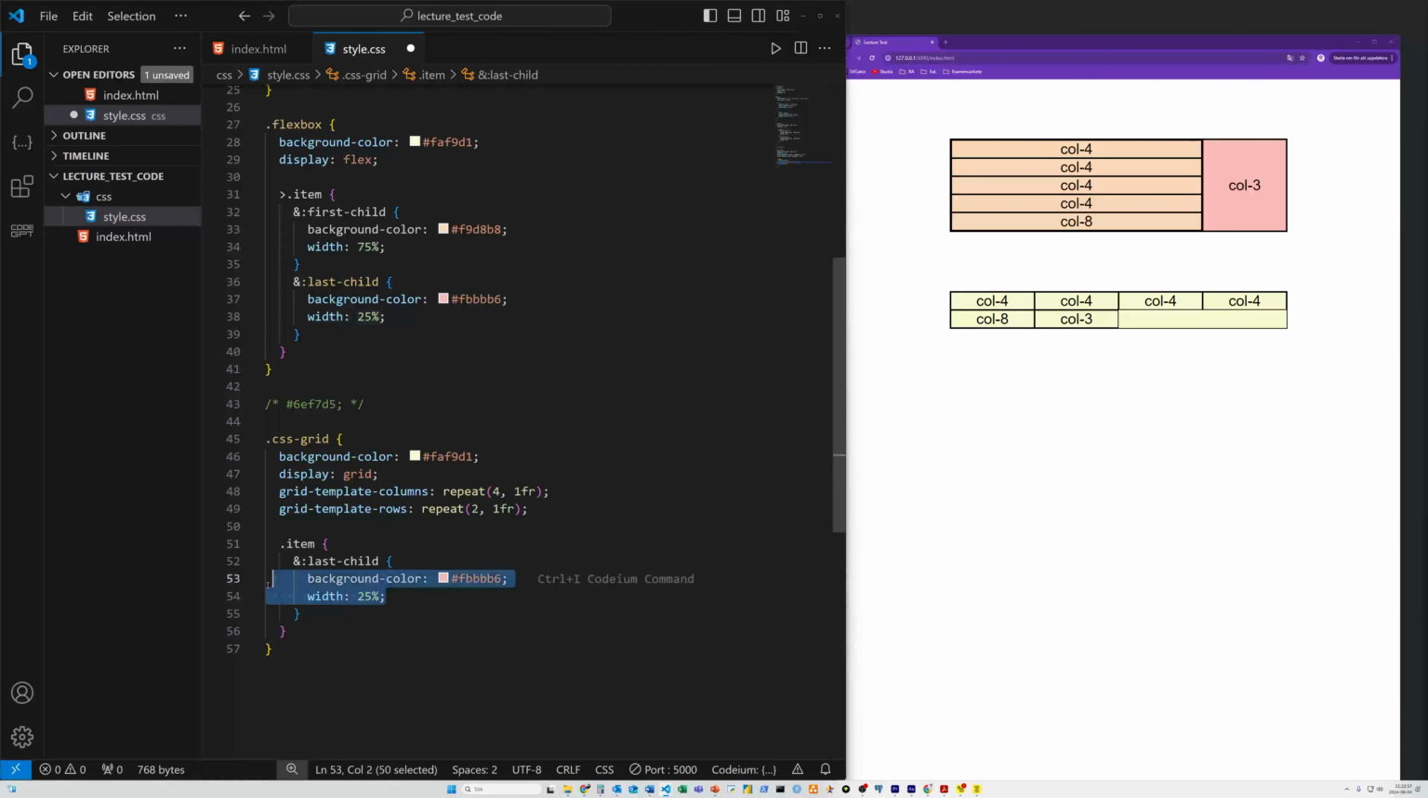I'm not gonna use that. I'm just gonna do last child. You see, column 3 gets this nice pink color. Now I don't want to do that. Like I said, I want to do something different. I want to tell you that we can also go